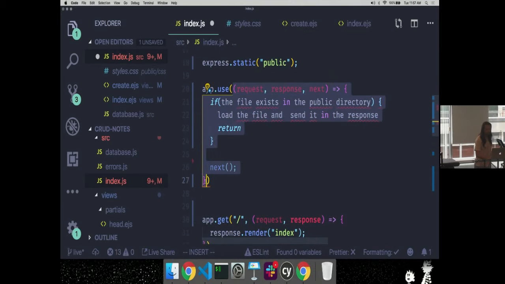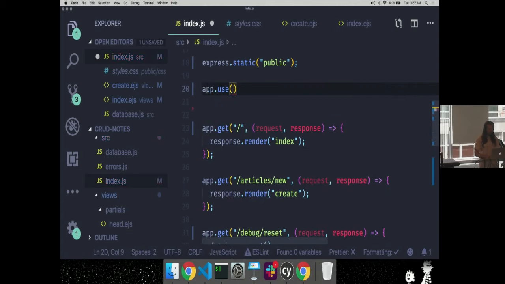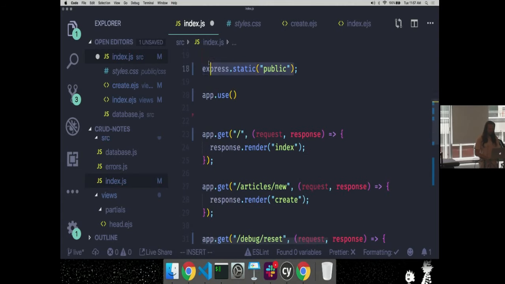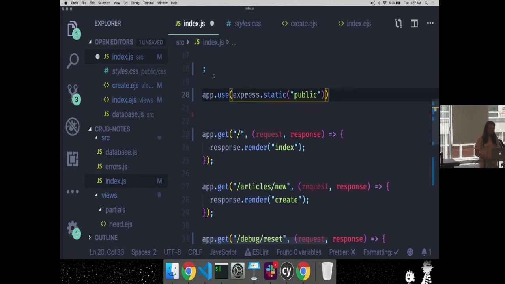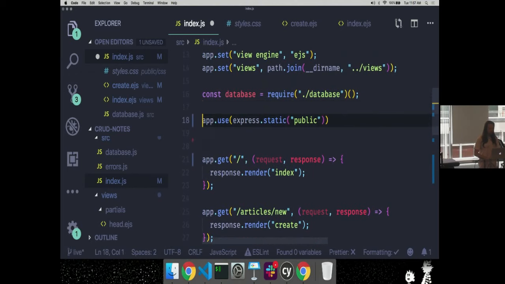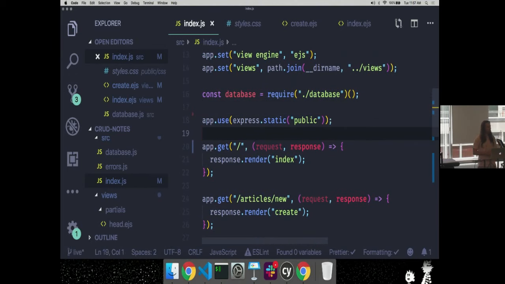This is what it creates, and it returns that function, and I pass that function to app.use. I didn't have to implement it. So now I'm using middleware to serve all of the requests that match files in my public directory.